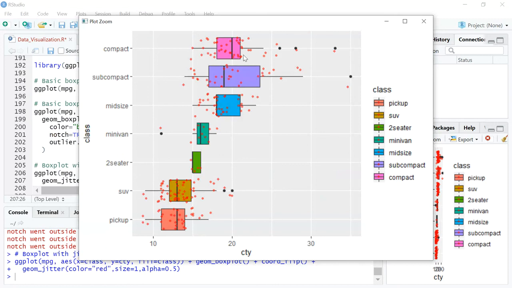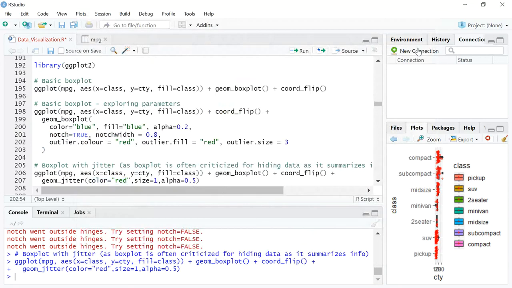And what you see here is, if you look at the first line, how within every quartile you will almost find the same number of dots, right? So that's how you can quickly make a box plot, and then you can layer it with a geom_jitter, which is a dot plot. I hope you found this very interesting. This is a very quick box plot that you can actually make.